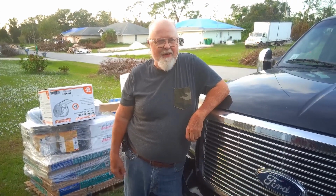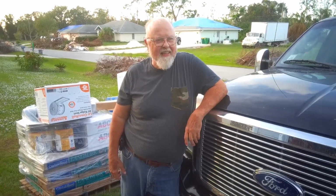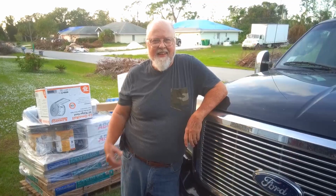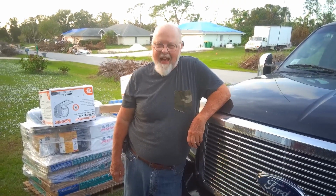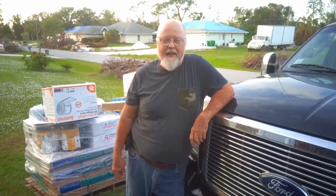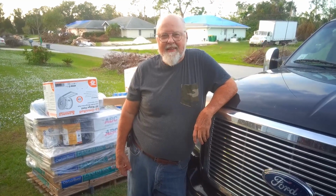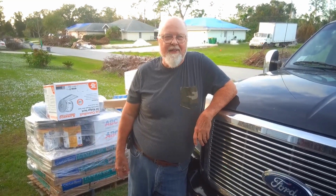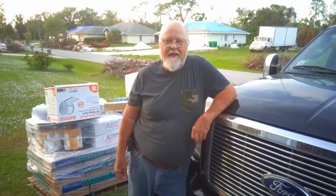As you can see, we're recovering from the hurricane. Just had the gutters replaced and got roofing guys coming on Monday. Haven't made a lot of progress on the Grady White other than put the cover back on the nose after we found it, but we're trying to work on the house and get things corrected after 150 mile an hour